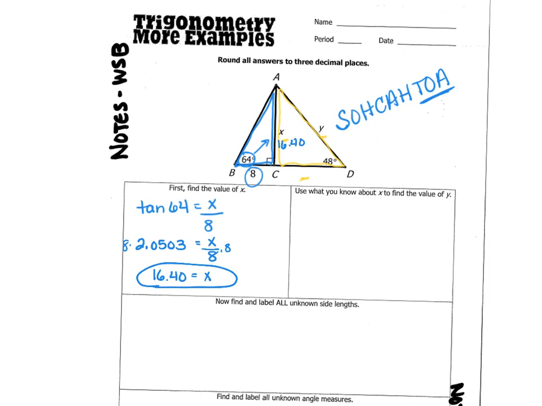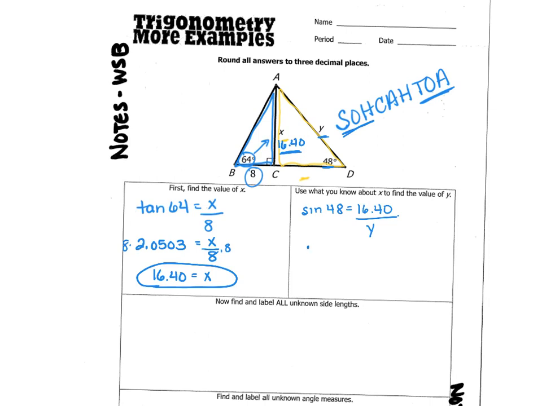So then it says, use what you know about x to find the value of y. So now I'm going to flip back over to this yellow triangle, and notice now I've got an angle, and I have the opposite side. I need the hypotenuse. And so opposite and hypotenuse would be sine. So in this case, that would be the sine of 48 degrees is going to equal the opposite, which is that 16.40, divided by hypotenuse, which is y. I'm going to need to go ahead and find sine of 48 degrees,